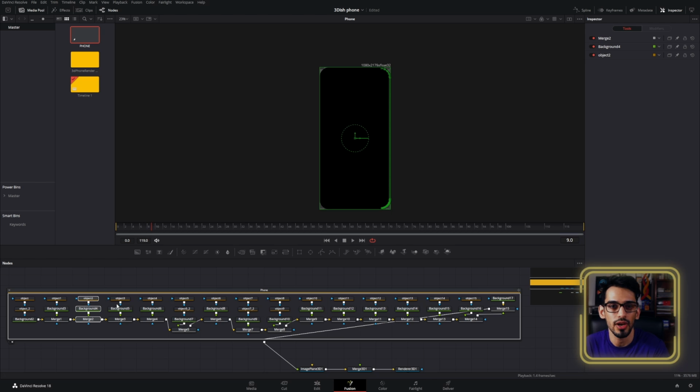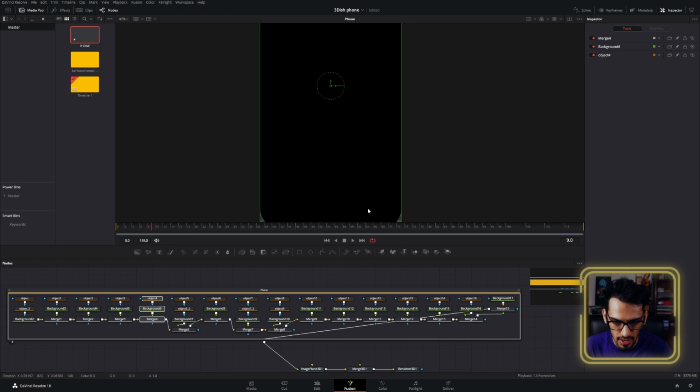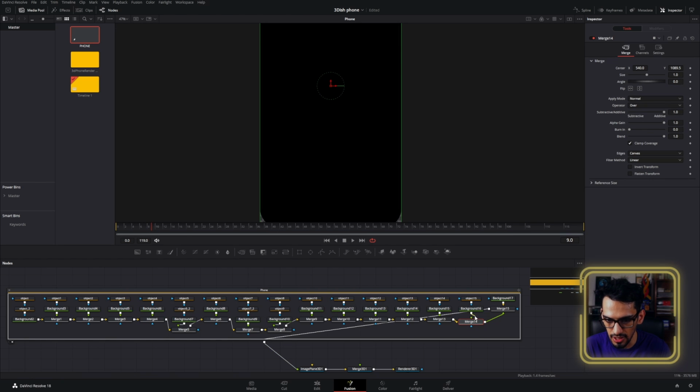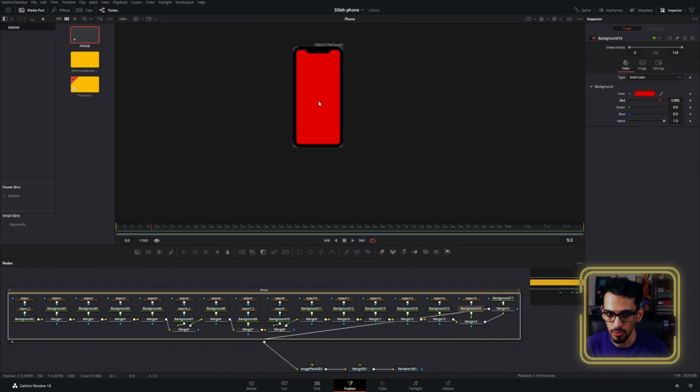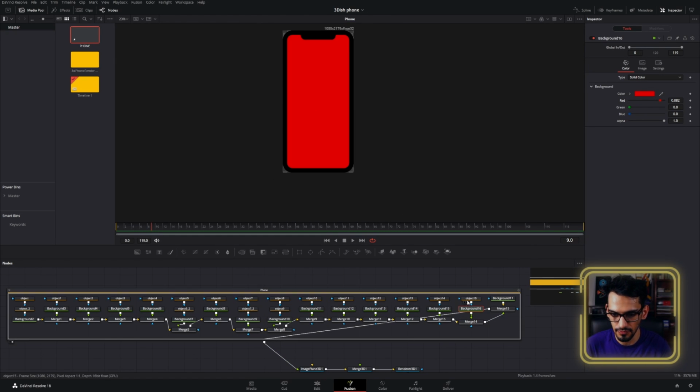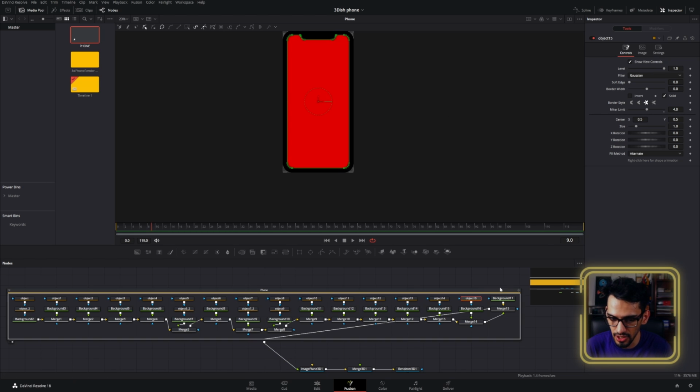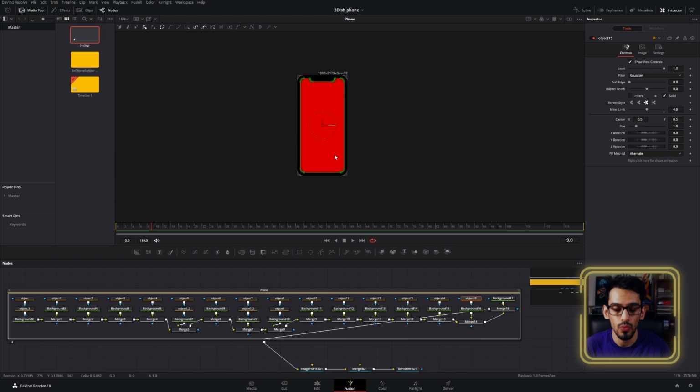Now, one thing we will want to do is find whichever the inside screen is, and that's probably going to be somewhere close to here. Let's disconnect this one and see how that looks, or actually just changing the color will be enough to do this. Okay, now that we have the space that's going to be our screen,